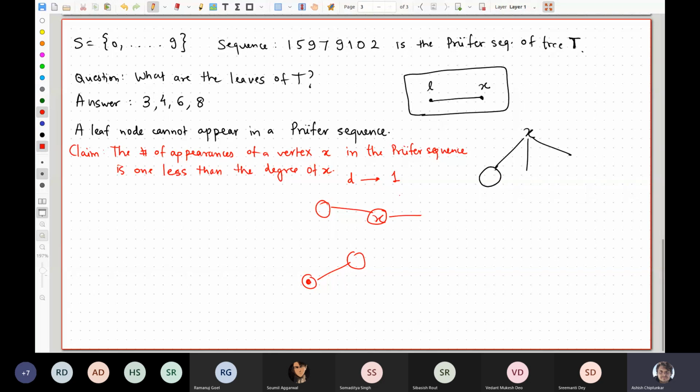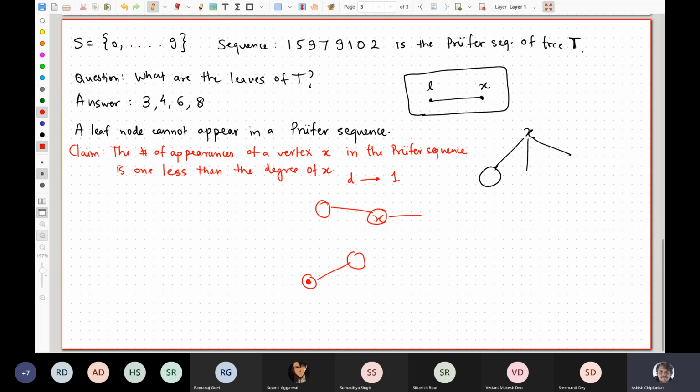Raise your hand if you think you are in a position to prove this claim after, let's say, half an hour of thinking. Okay, about half the class is comfortable proving this. So I'll leave it for you, but in any case, we are going to discuss it in the tutorial. So that's not super critical for us. It's just the observation.